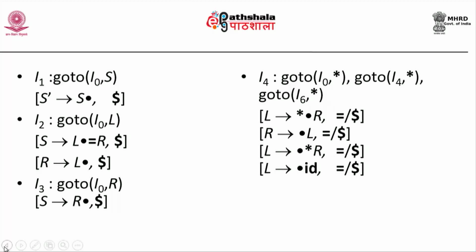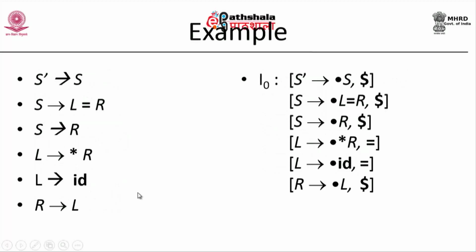But what is the algorithm for LR of one items construction? Algorithm is the same. So look at, start with this item. S is B here, beta is epsilon. So A is dollar. So I have to look at first of beta A. So it is nothing but dollar. Add the production of S with the first of beta A, which is dollar. Again adding it, I have two productions for S, and I added those two productions for S.